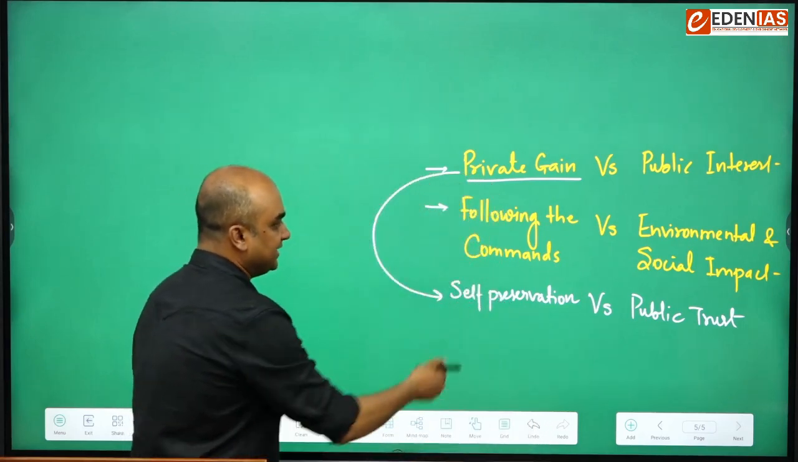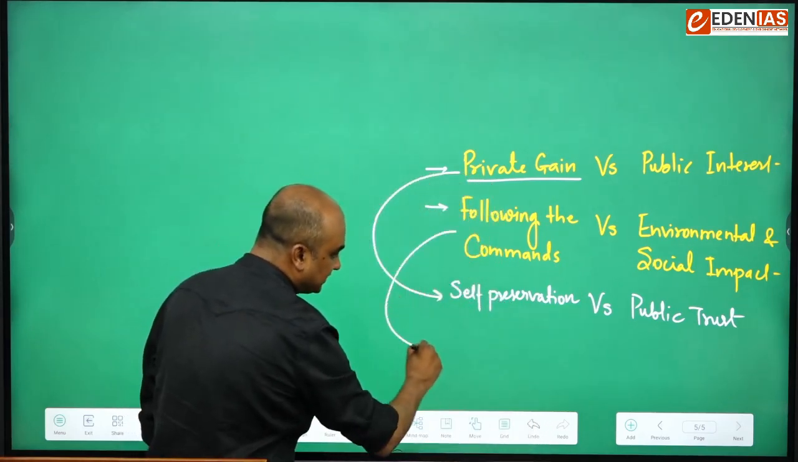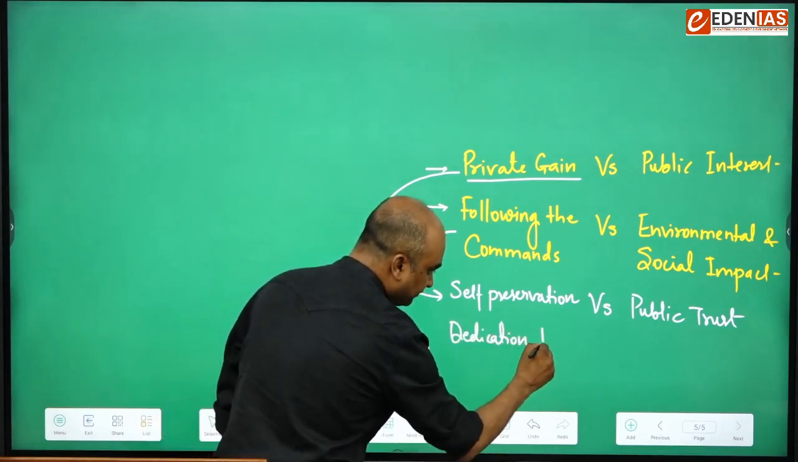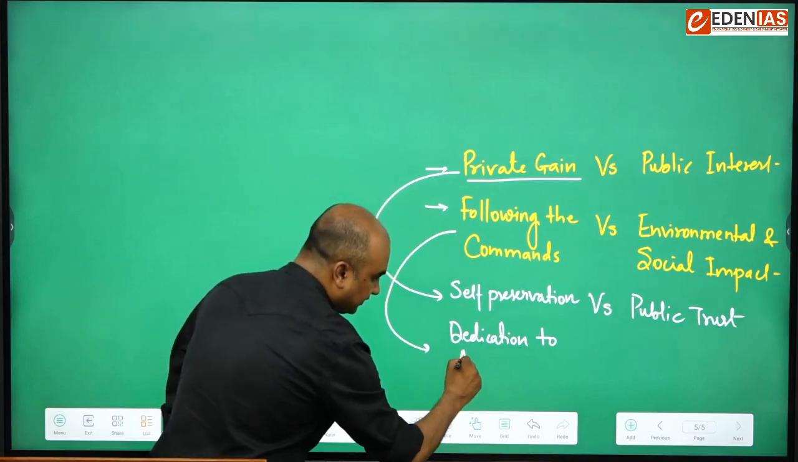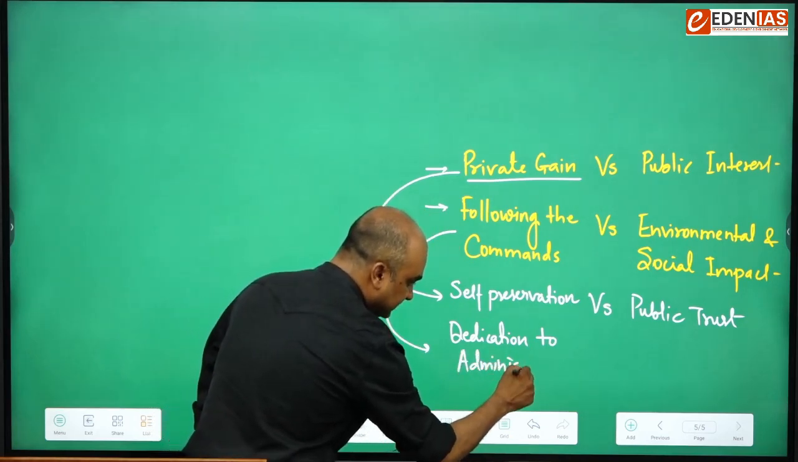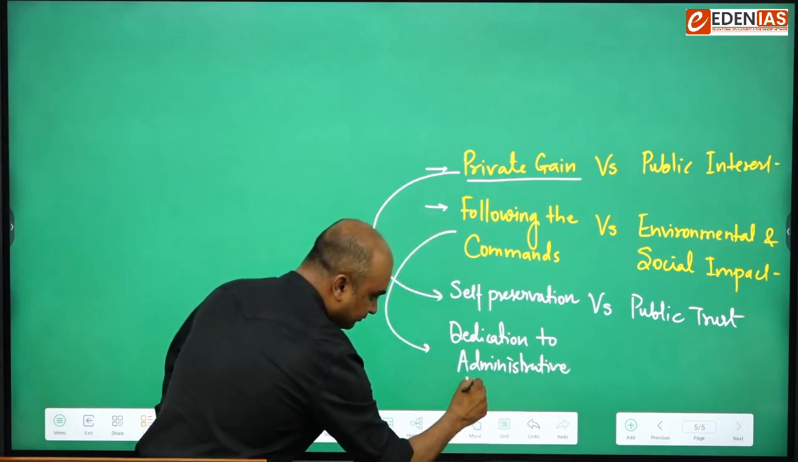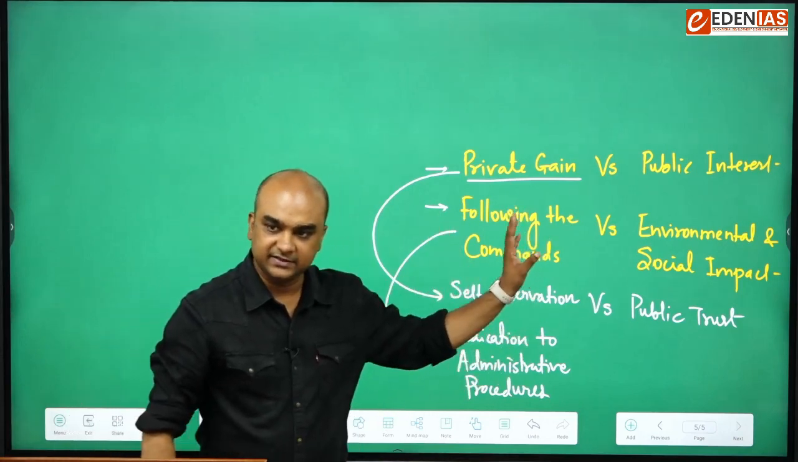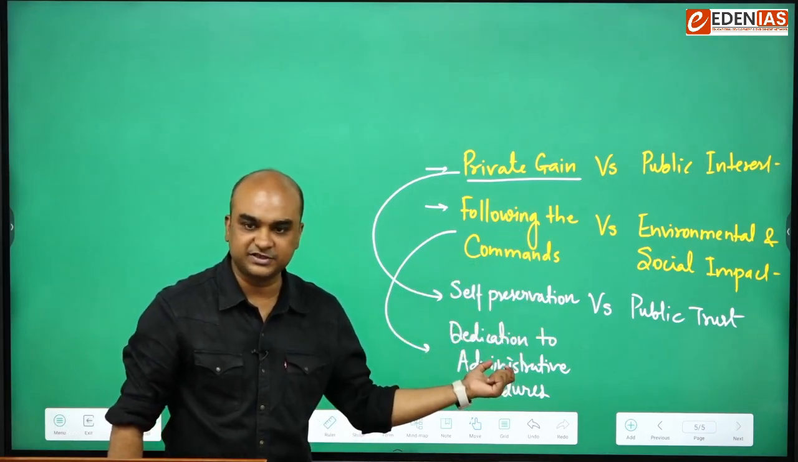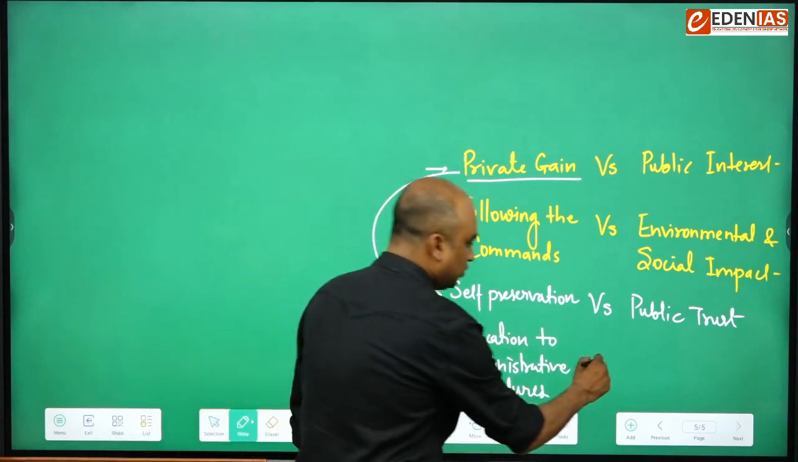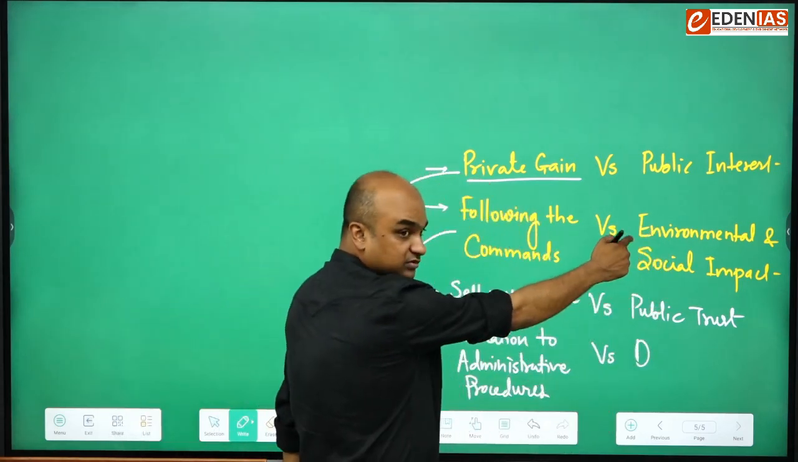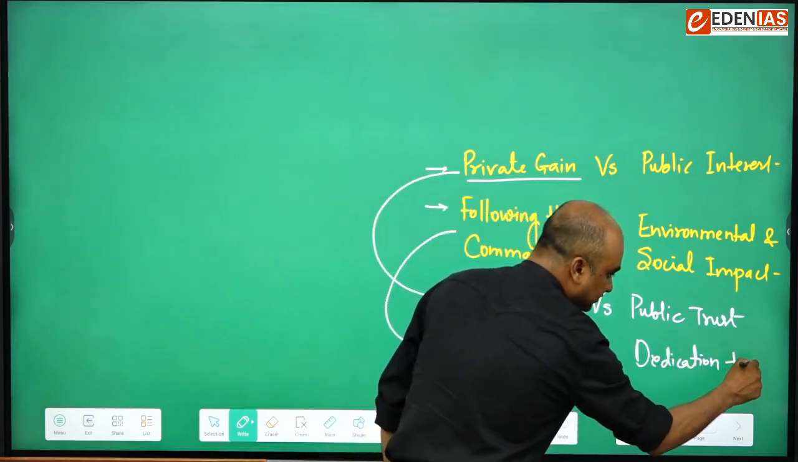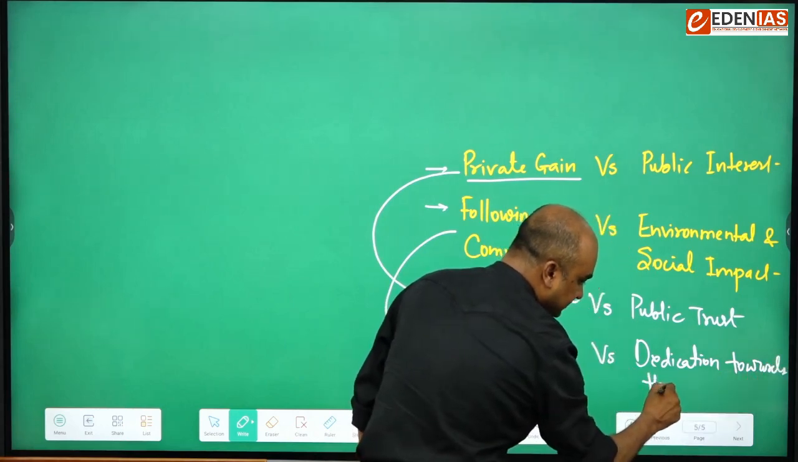Do you get it? Then following the commands, if you look here, the values, it would be dedication to administrative procedures. When you follow the command of the seniors, it shows your dedication towards the administrative procedures, rules, etc. Versus when you try to analyze this, this is dedication towards the public